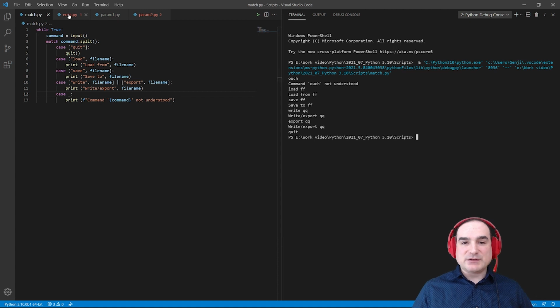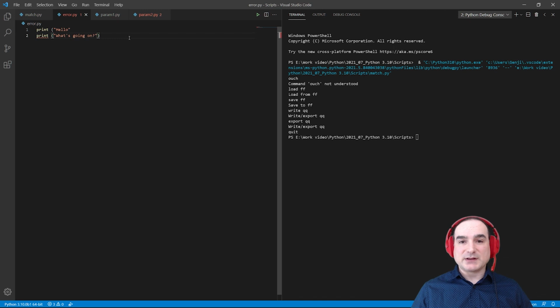Another big feature in 3.10, also long awaited by Python users, is more precise error reporting. This is thanks to the rewritten parser now in the Python interpreter. The rewritten parser arrived in Python 3.9, and in 3.10 it's now being used to deliver much more robust error messages than before. Here's a quick example.